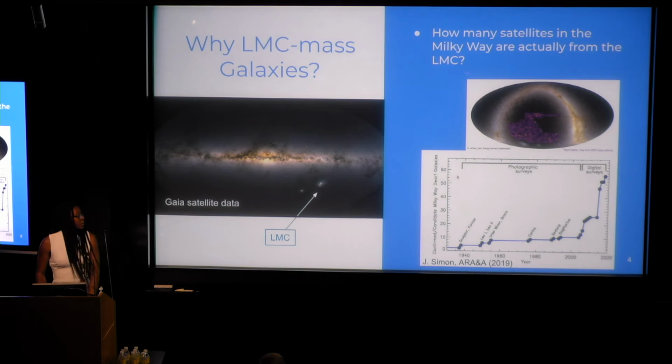And so here on this image down here at the bottom, scientists have been using photometric surveys to find smaller galaxies around the Milky Way. It's believed that there are hundreds of satellites of the Milky Way. However, it's not identified which of those belong to the LMC or the Milky Way. So basically, this project is about how many satellites in the Milky Way are actually from the Milky Way itself